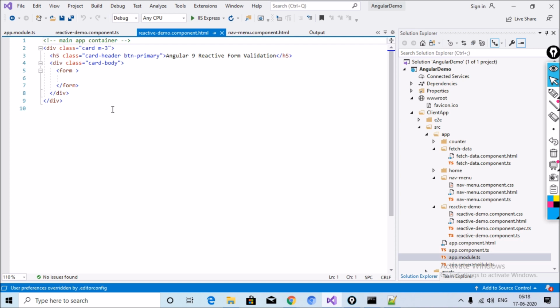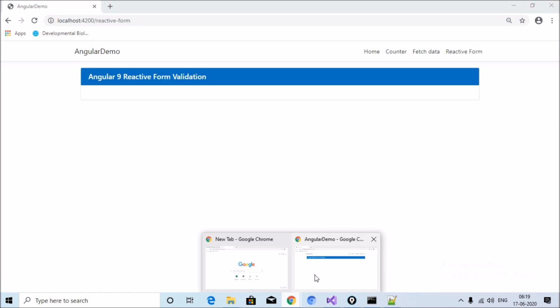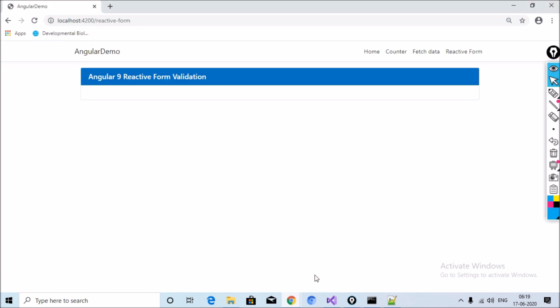Some HTML I have already defined: first a div with class card, second the card header, and third the card body. I have already declared this part, and when I run the application, it shows like this.